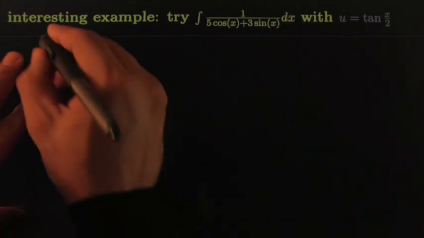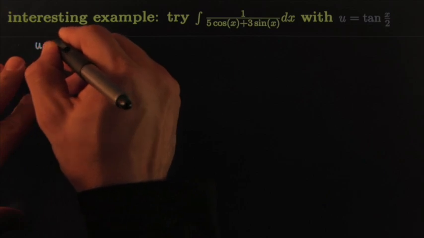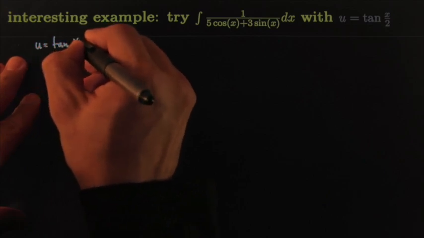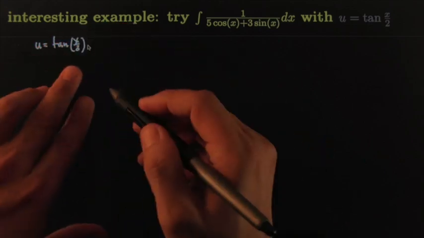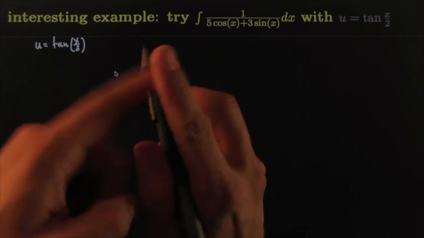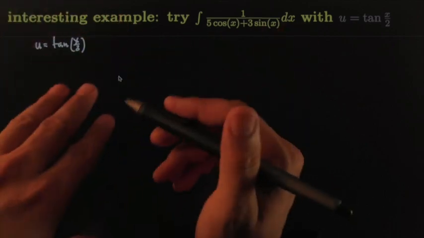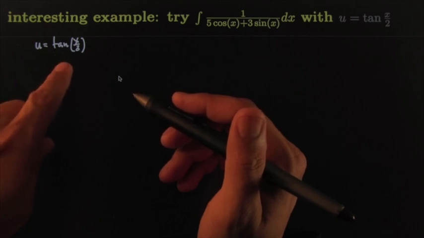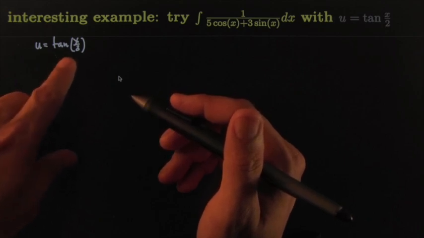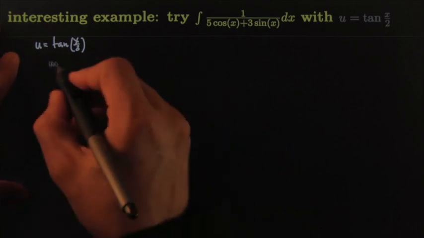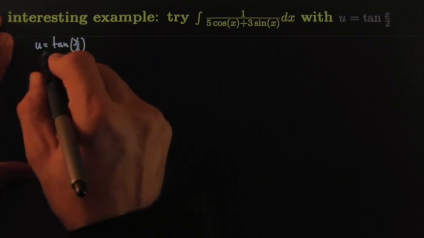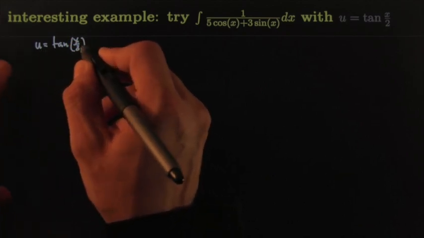So the dictionary starts off like this: u is equal to tangent of x over 2. Remember how we said that the dictionary is sometimes you invent, you create, it comes out of divine inspiration, and sometimes you just copy it from others. This one's copy it from others. One guy had the brilliance to come up with this, and watch what happens. You copy this definition,